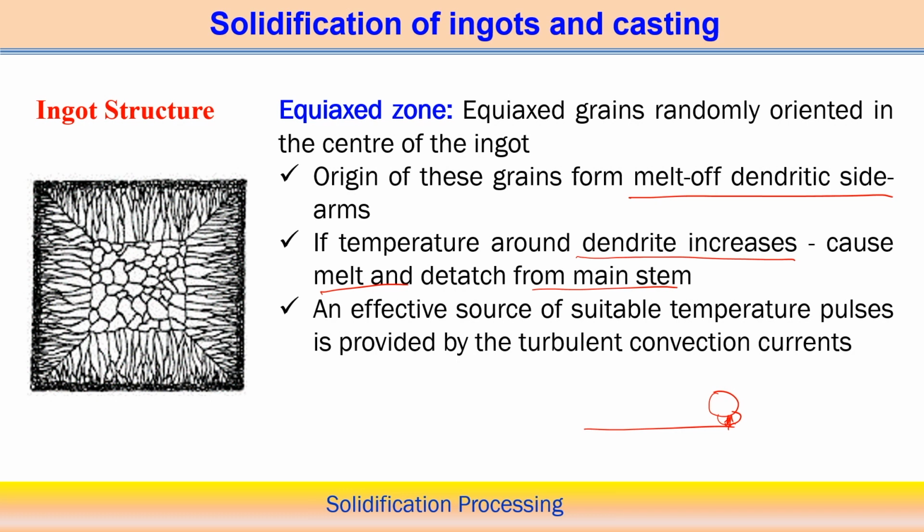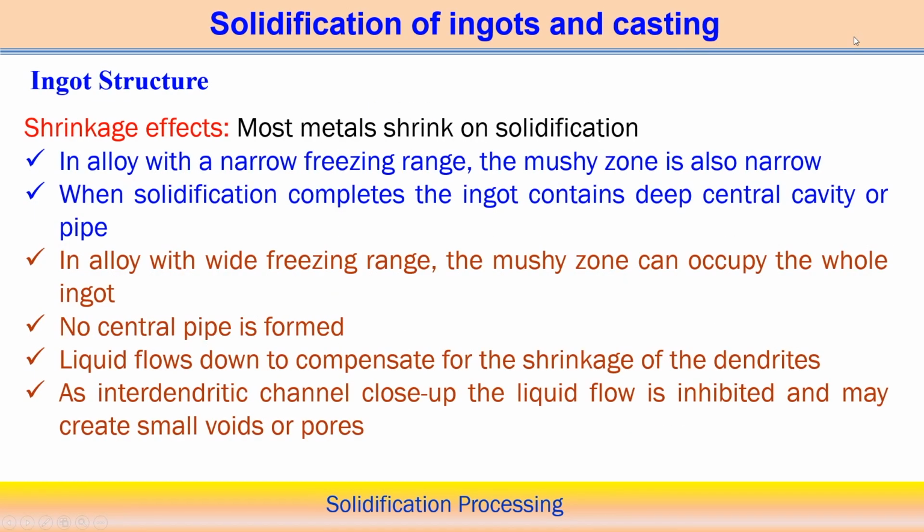So finally, an effective source of suitable temperature pulses is provided by the turbulent convection current. It means that the concentration gradient will cause movement or transport of the liquid from one position to another. That creates the turbulent convection current, and because of that the temperature also varies. We cannot expect a very uniform temperature there. The temperature may vary from one point to another. But overall, if you see